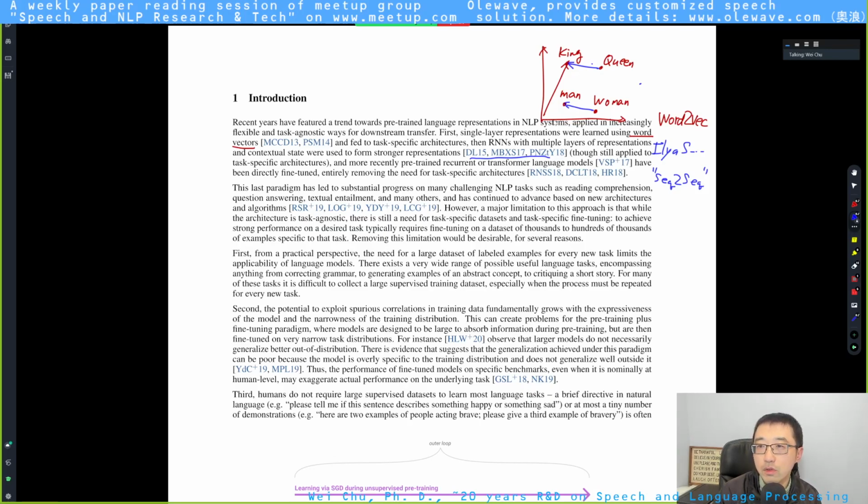Although you can extend it to a bag of words vector. But in the RNN case, the representation would be coming from all the history before the current word, right? So this contains richer contextual information, which they call stronger.